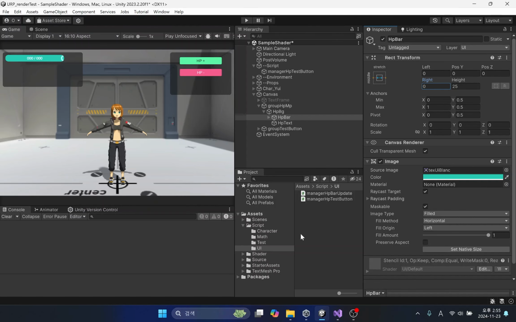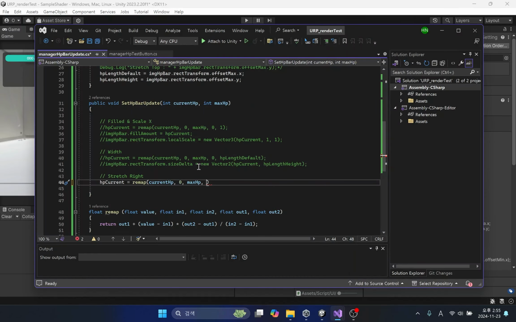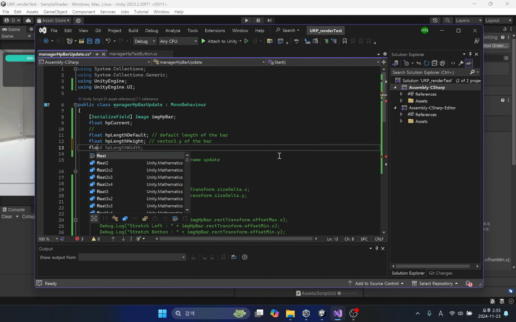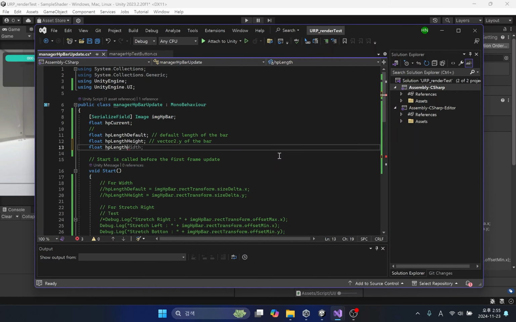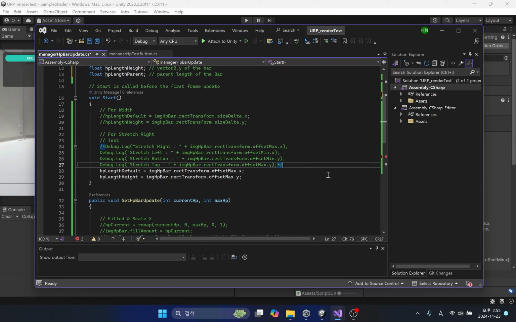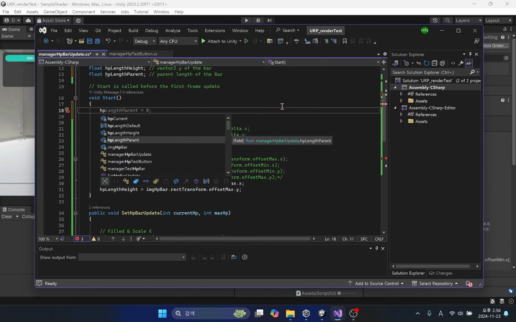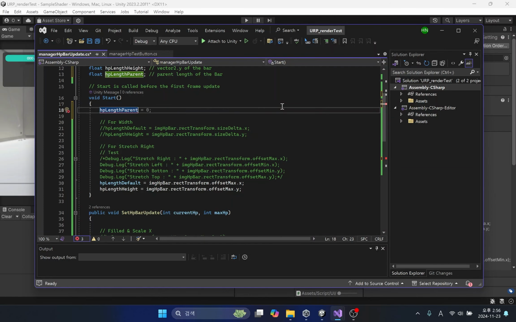So let's add a variable to get the parent's width value. I will save the parent's image component to a temporary variable and then save the width value.